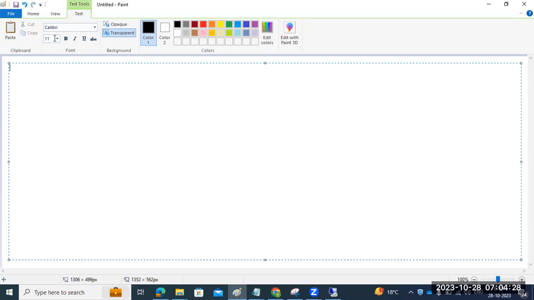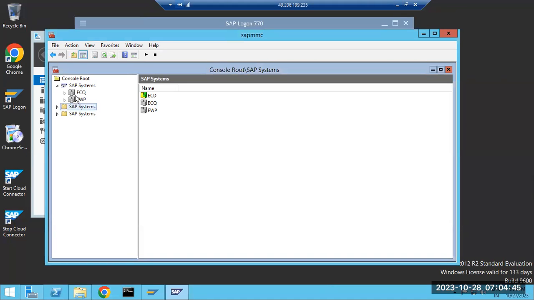So when the systems are stopped, no one can log in here. So, the SAP starting procedure. When the systems are stopped, even anyone cannot log into the systems. That is the main problem here. So here the systems are stopped, it's in the gray color, so that's why we cannot log in.